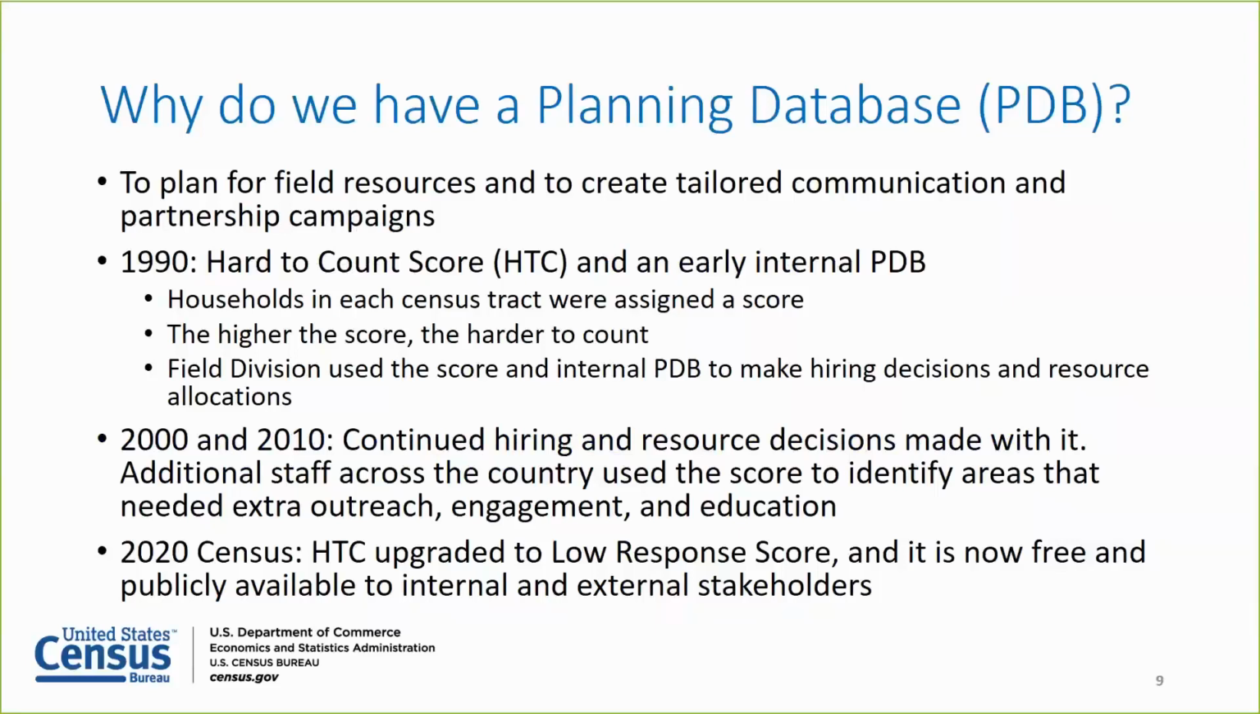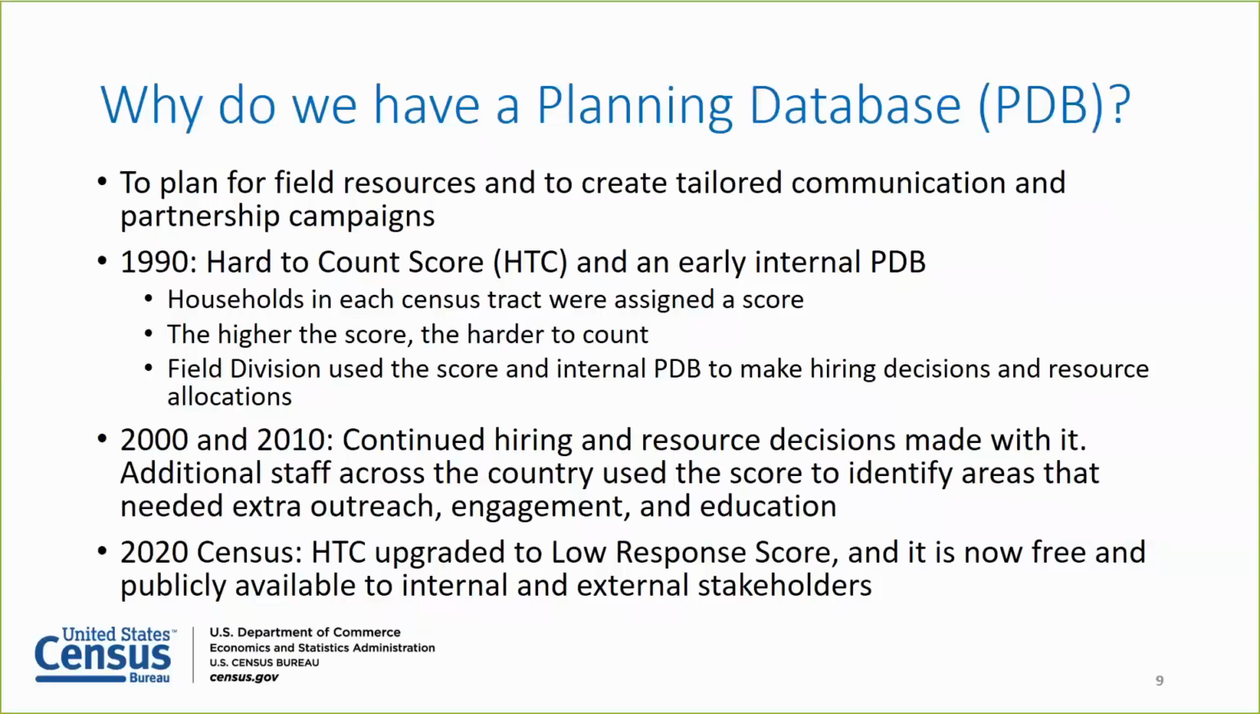In 1990, we had a hard-to-count score, which was on an early internal planning database that wasn't publicly available. And households in each tract were assigned a score of how likely we thought they were to self-respond, or we would need to send out a field interview and the non-response follow-up. The higher the score, the harder to count. We then used this information to decide where to hire the most field representatives for non-response follow-up and further resources